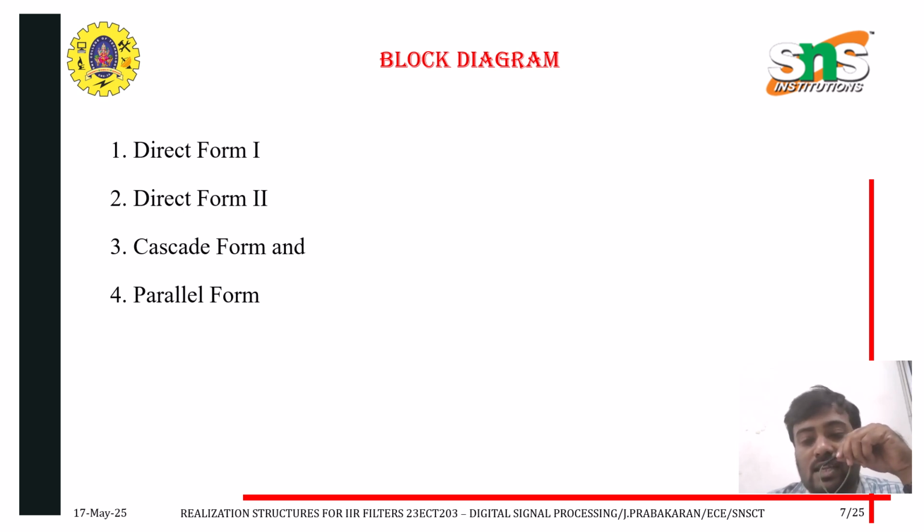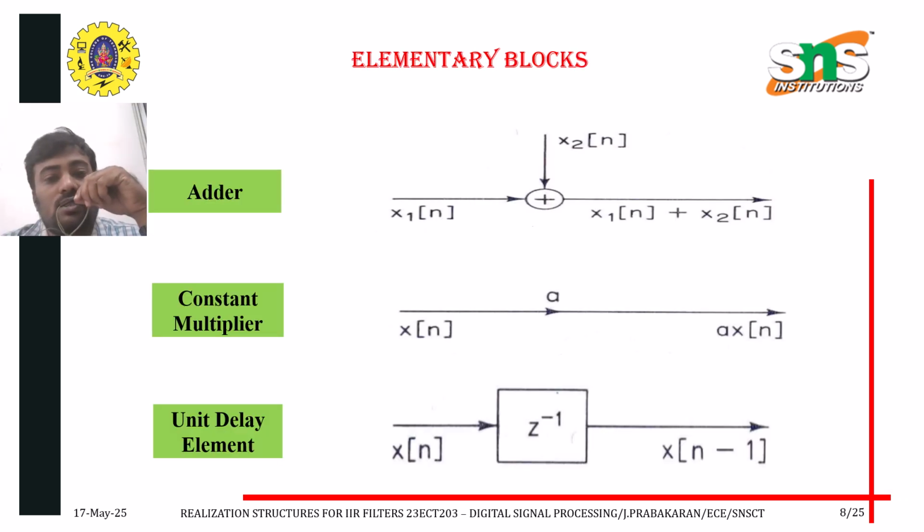In the realization of IIR filters, the elementary blocks are the fundamental components used to construct the various structures, which are direct form 1 and direct form 2, cascade, and parallel. These blocks are common in signal flow graphs and block diagrams for digital filters. These are the elementary blocks, the first one is